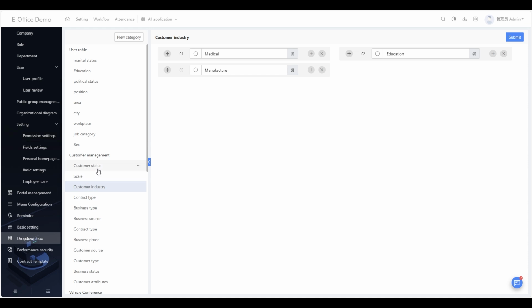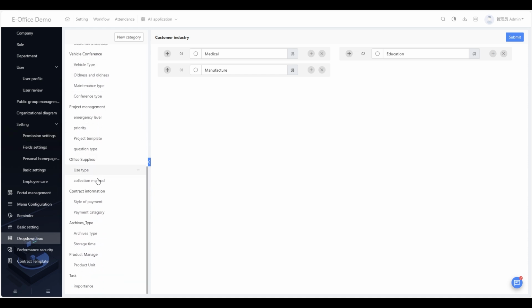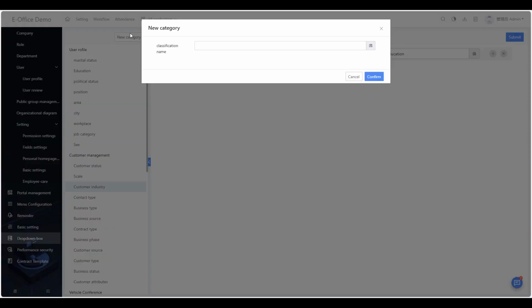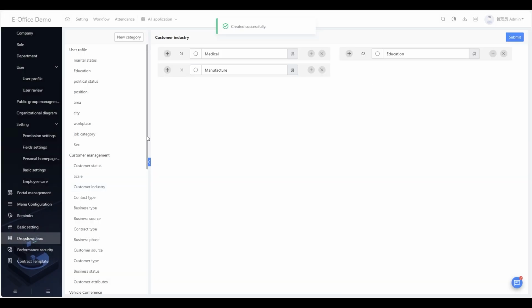So if your category doesn't exist in the standard version of the drop-down box setting, what do we do? We can create a new category here. So maybe we can create a student, we can create a visa type. Let's say a visa type. Right. So confirm. Then